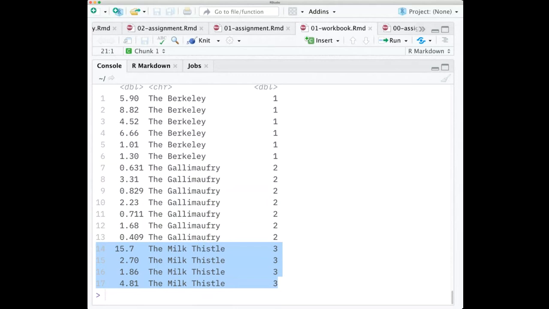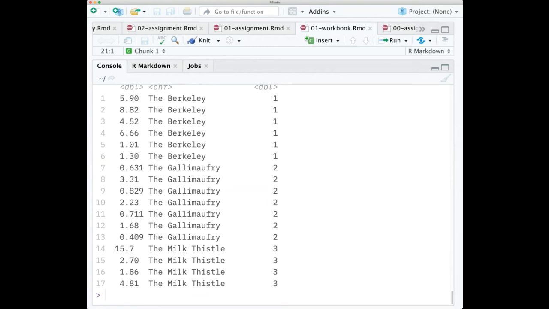So we've only gone to the Milk Thistle 4 times, so we have less information, and that contributes less to our guess about what an overall wait time would be for a pint of pub. We'll deal with this particular problem of how to generalize from information that contains stuff about groups in the next